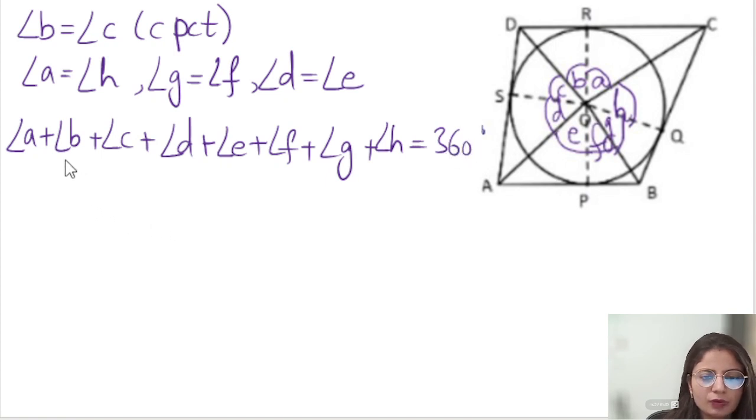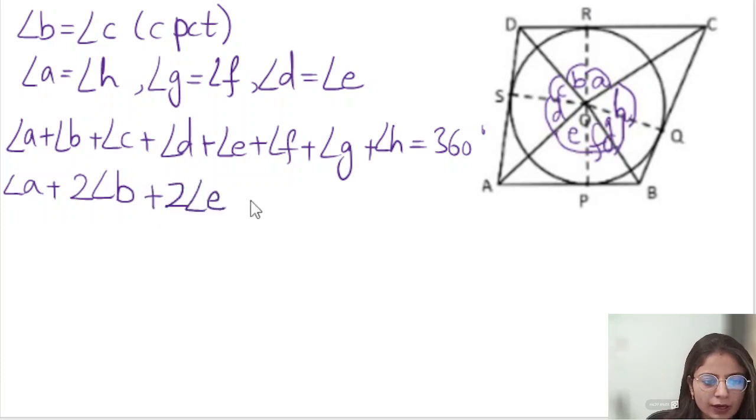Now since B and C are equal, I can write it as twice angle B, right? Also angle D equals angle E, so I can write it as twice angle E. Also G and F are equal, so I can write it as twice angle F